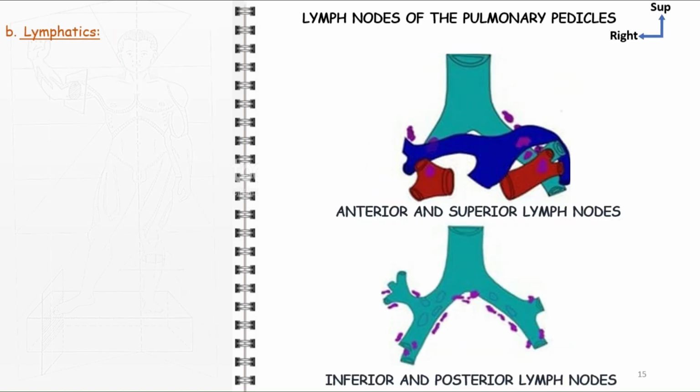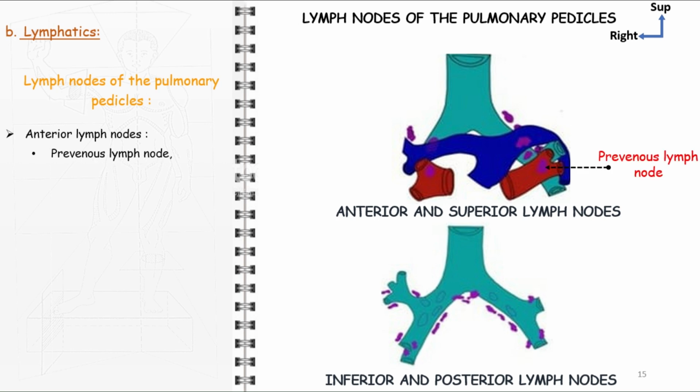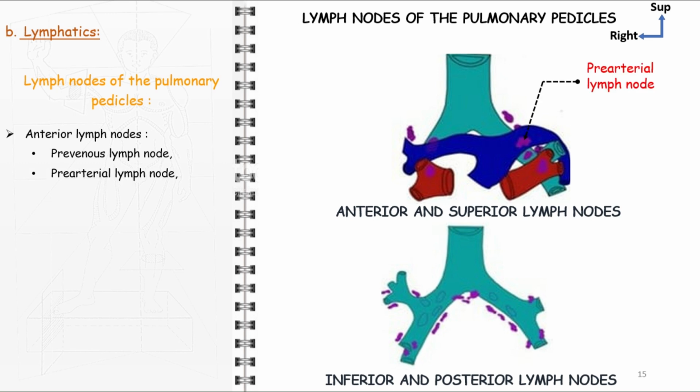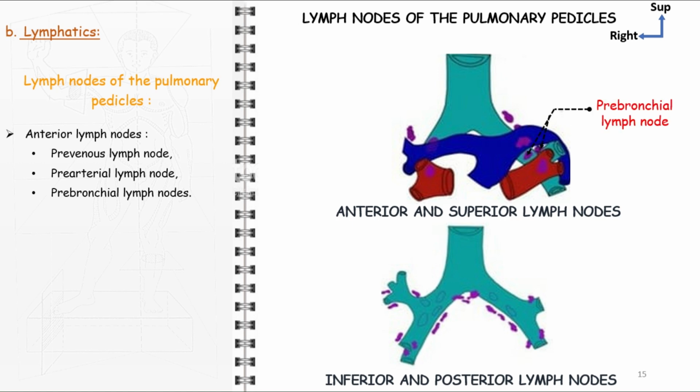Now onto the lymphatics. The lymph nodes of the pulmonary pedicles are located between the bronchovascular elements and are classified into the anterior lymph nodes, located in front of the bronchial plane. They include the prevenous node, positioned anterior to the inferior pulmonary vein, the prearterial node, located anterior to the pulmonary artery, the prebronchial nodes, situated in front of the bronchus, just before the origin of the upper lobar bronchus,